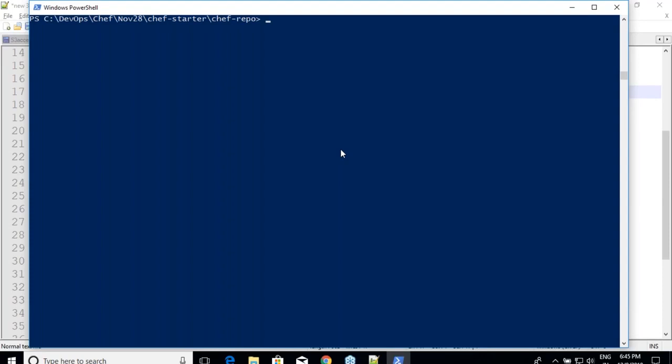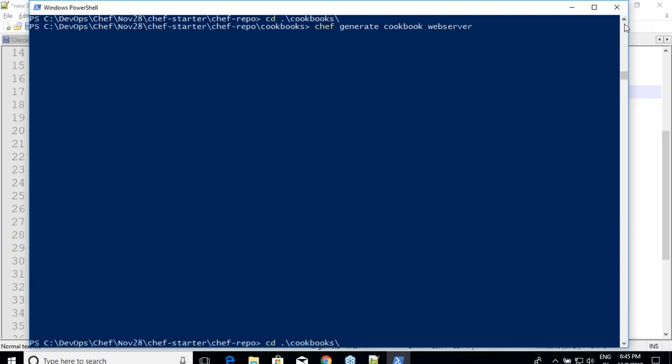Now let me quickly create some cookbooks so that we have some changes and with some versions. I'll cd cookbooks, and I'll be generating 3 cookbooks. chef generate cookbook web server. Do we have any cookbook called web server by any chance? No, right?